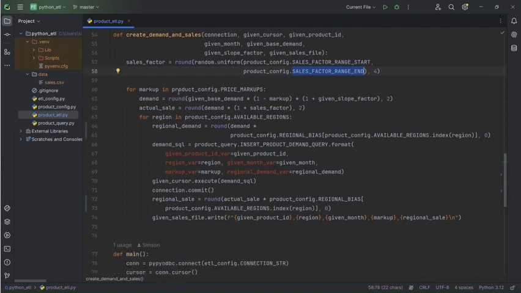Then I do have an array of markup. So I'm going through each markup. I'm saying for each markup, your base demand will be discounted because your markup tells you that your demand is this much, right, for a product. But if you say that, hey, I'm marking up this much more, so your price is increasing, the demand is decreasing. That's what this formula is about. Okay, take the demand and subtract whatever you're marking up, the markup percentage. Okay,